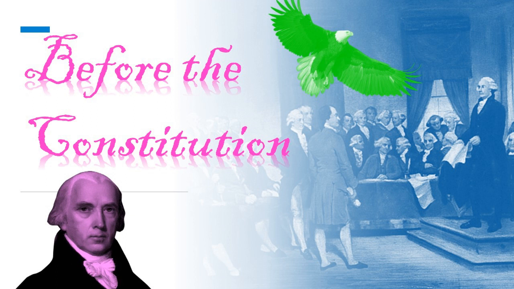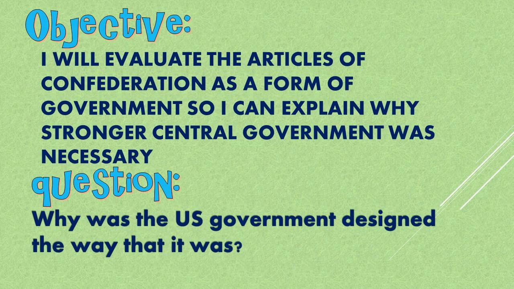All right, so today we're going to talk about some history stuff. A lot of this will be a review of things that you guys already know. But we're talking about the way things were and the developments that led up to the writing of the Constitution. So we want to make sure that we'll be able to explain all the problems with the Articles of Confederation, and we'll be able to explain how the Constitution addressed those problems.